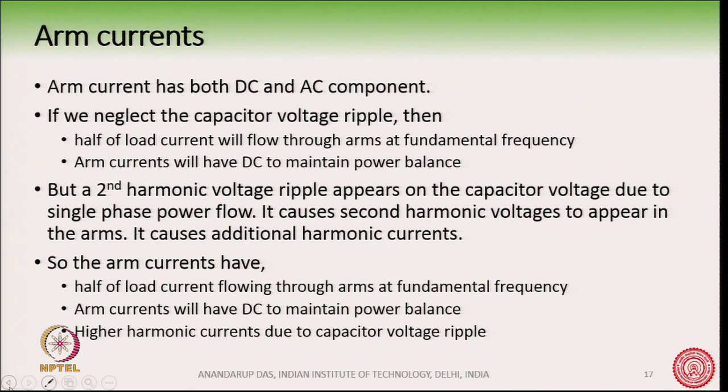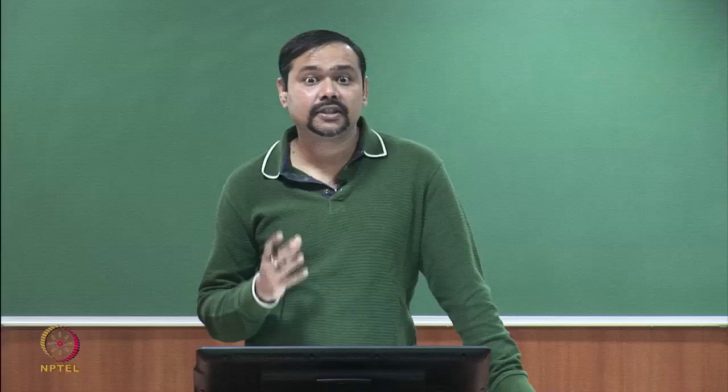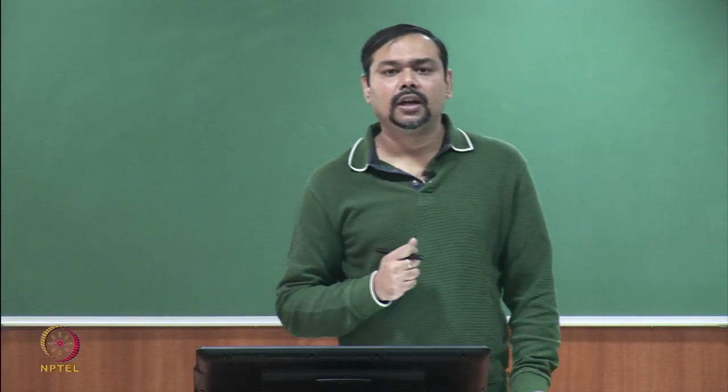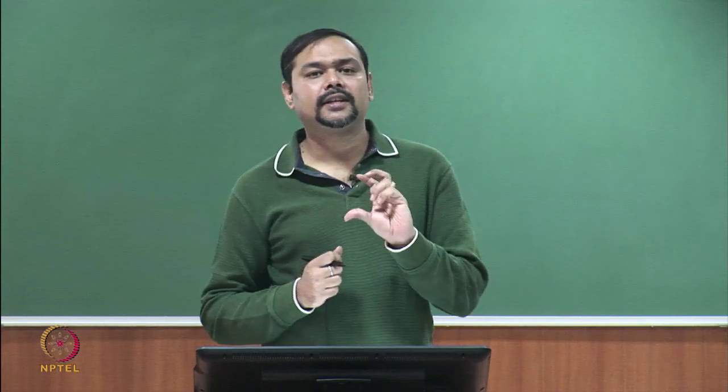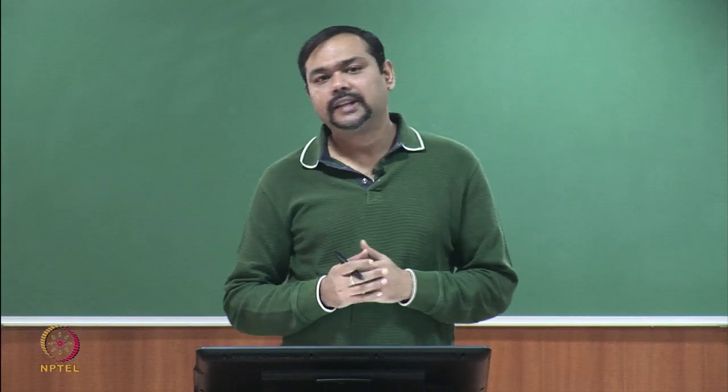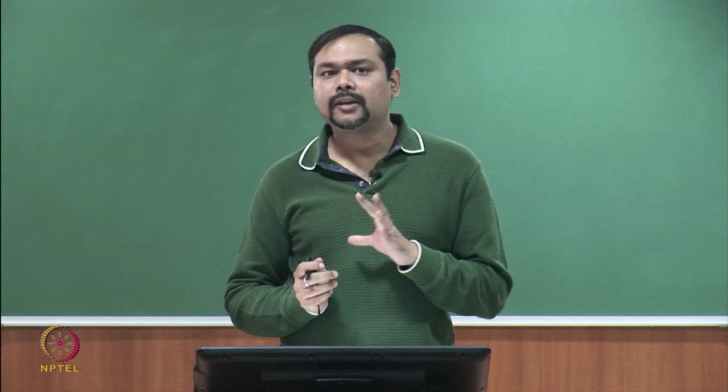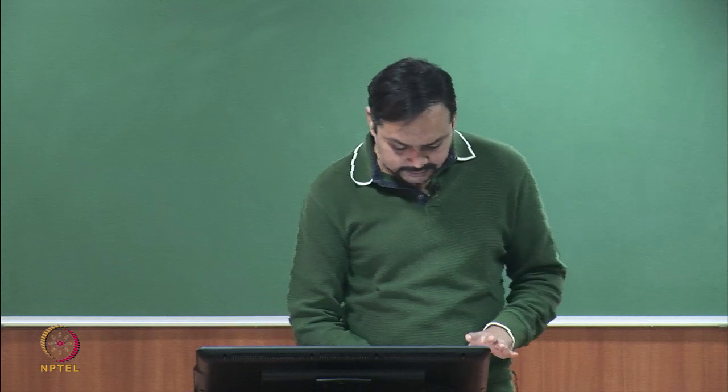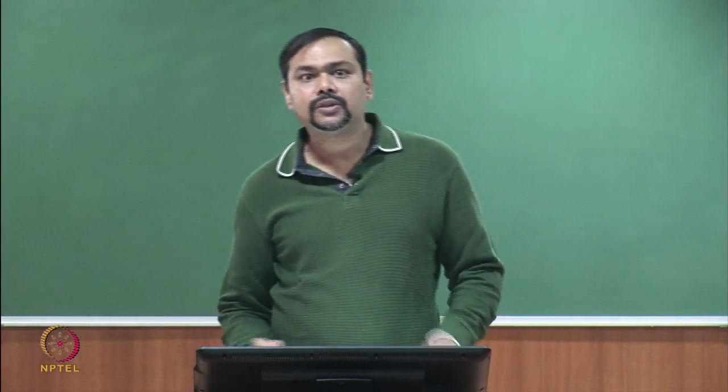So, the arm currents have half the load current and a DC component. These are essential, but then some higher harmonic, predominantly second harmonic component, which comes from the power oscillation due to a single phase voltage interacting with a single phase current. So, that comes also. We will talk about it sometime later. So, let us first look into the arm current